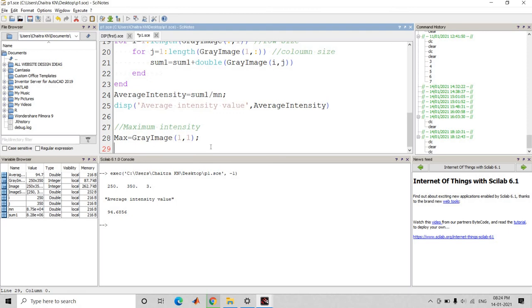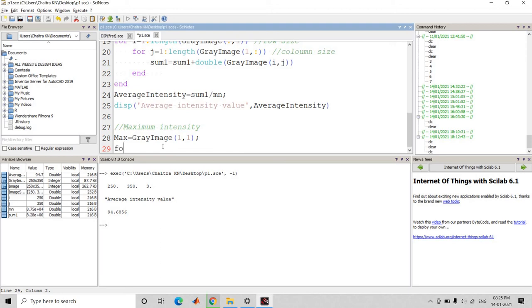Now we compare this first element with every other element. If we get any larger element, we delete the old element and update the new maximum element. We keep on doing this till we reach the end of the matrix.